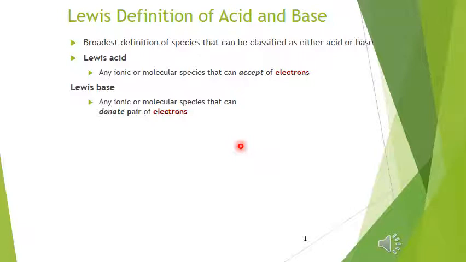Okay, so this is the last PowerPoint for this section. All right, and so this will tie everything together. Up to this point, we said that acids and bases are where you give off a proton. If we think about what that means in the opposite sense, it lets you know that